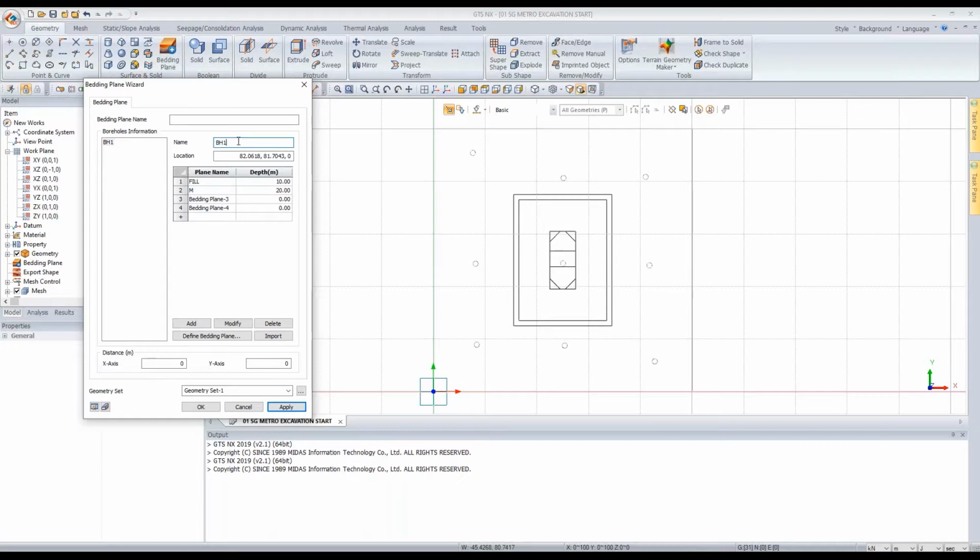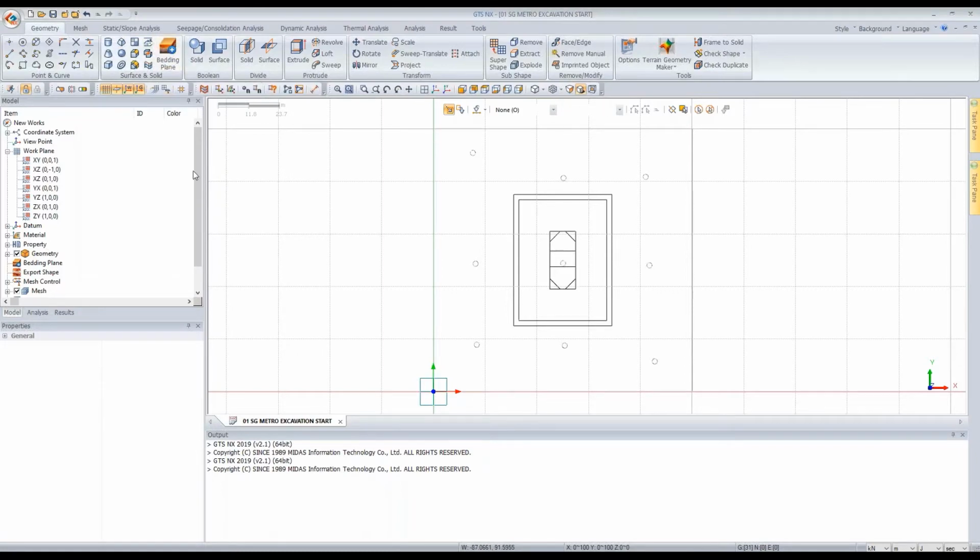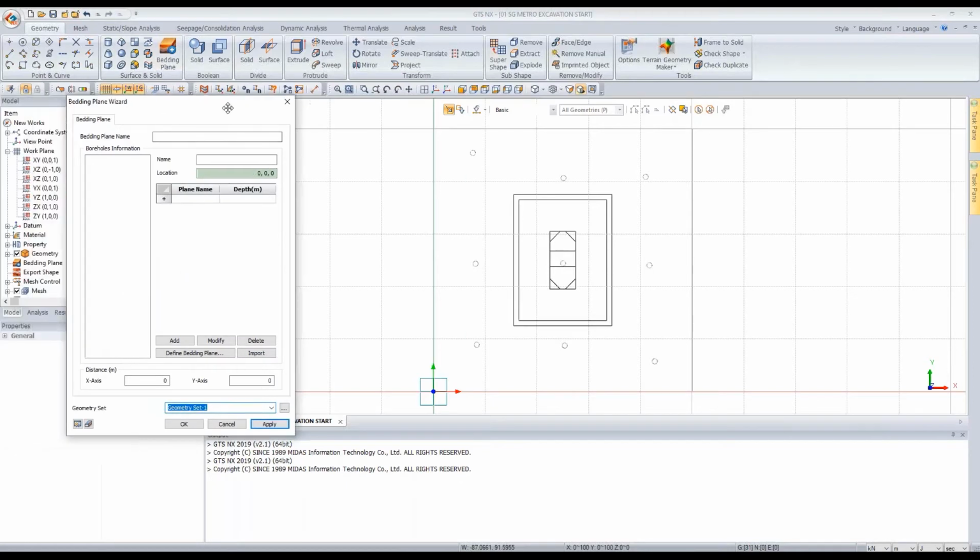And if you want to add one more borehole, then just change the name, delete the location, select the new location and change the depth. That's it. But in this case study, I will use the import function,